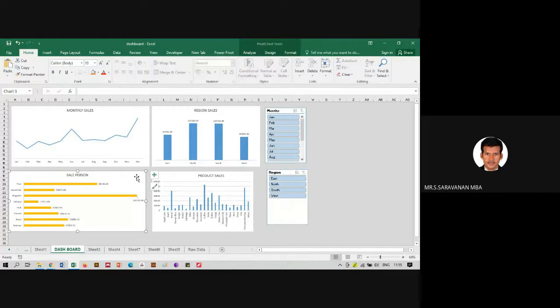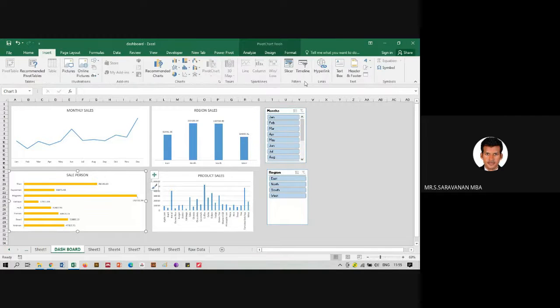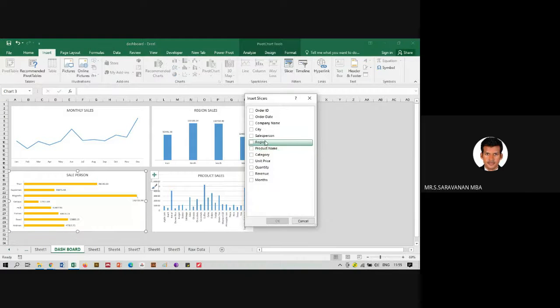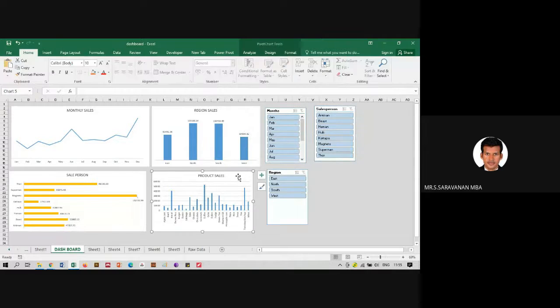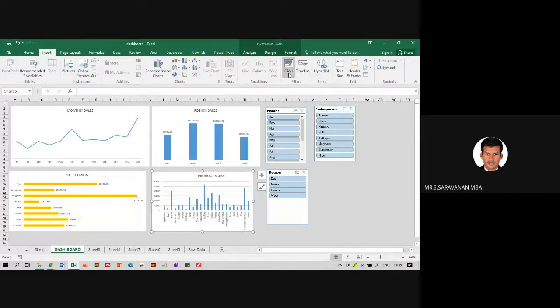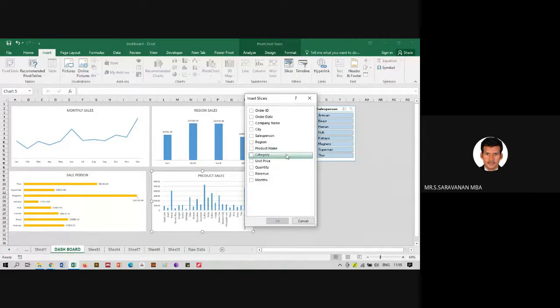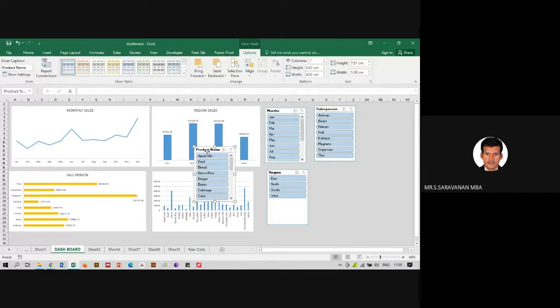Then we have salesperson wise, we have information, insert, slicer, salesperson. Click OK. And last one is product sales. Go to insert, slicer, product name. Okay. So these are the 4 individual information. So we have 8 informations available. How do you link this information?